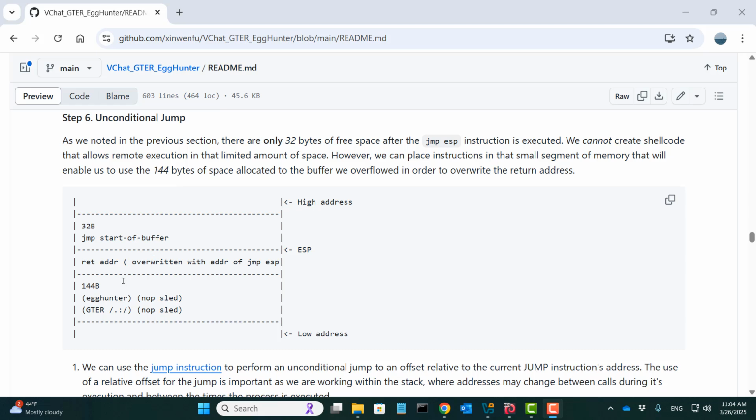So we can see here, right below the return address, we have only 144 bytes of space. Above the return address, we have 32 bytes of space. And the main string will do this. It's going to overflow the buffer here, and we are going to overwrite the return address with the address of a jump ESP instruction, so that when